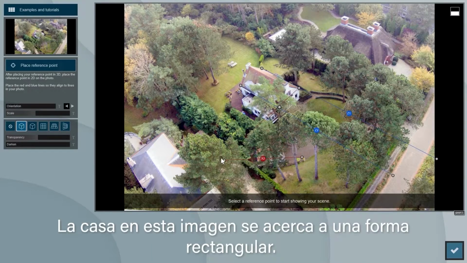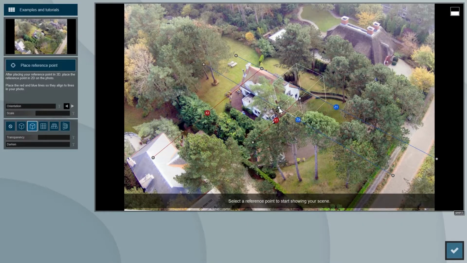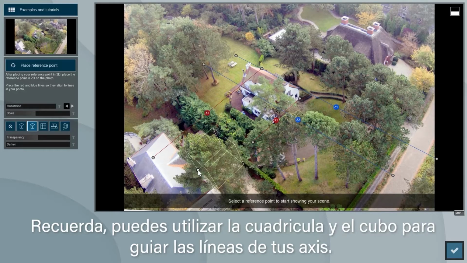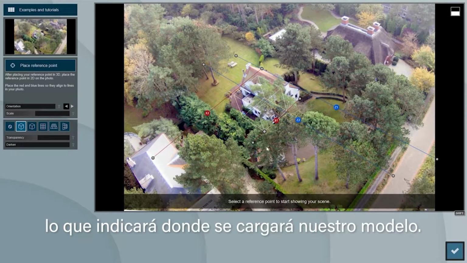Luckily, the house in this photo is close to a rectangular shape, so we can use its walls and edges to get the perspective right. Remember, you can use the cube and grid to help guide your axis lines. Let's place the cube's anchor point on this corner of the house in the photo,